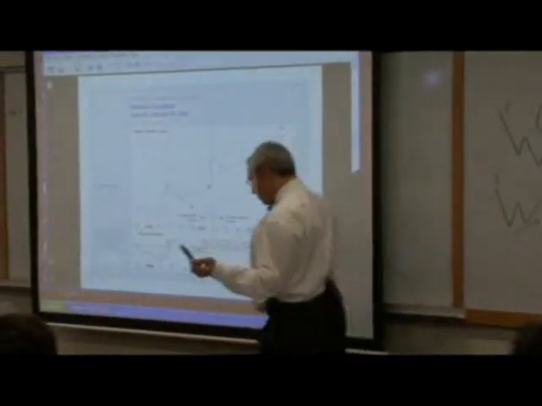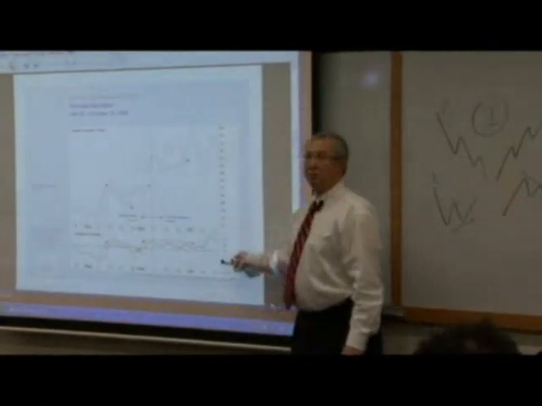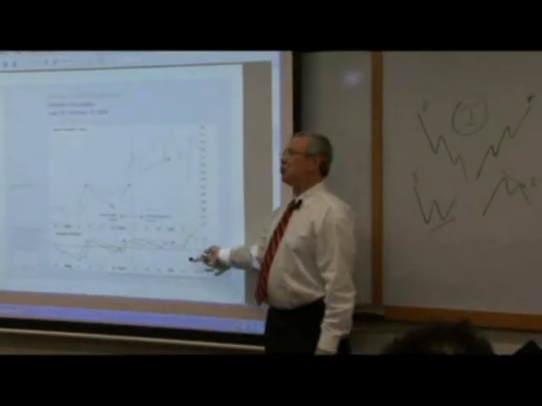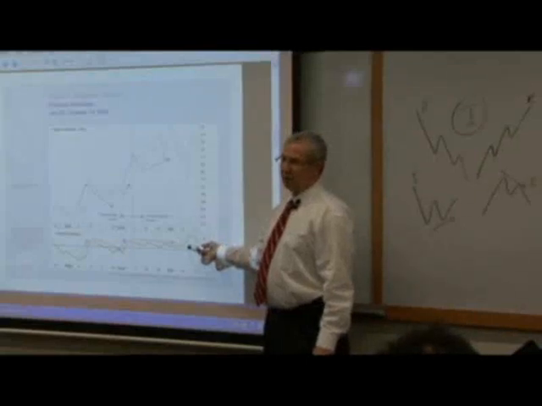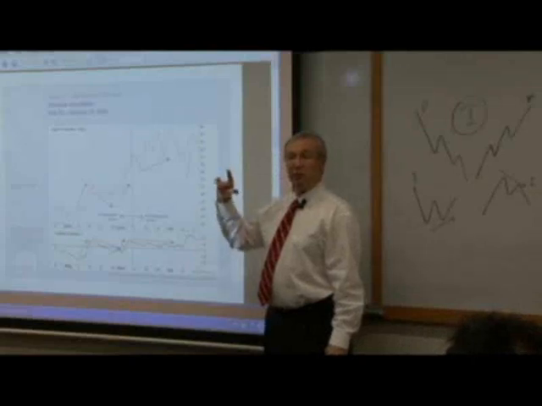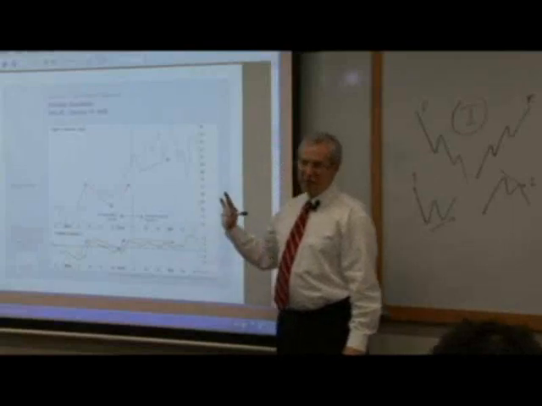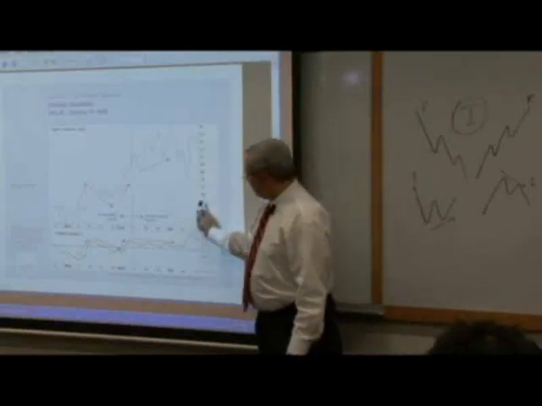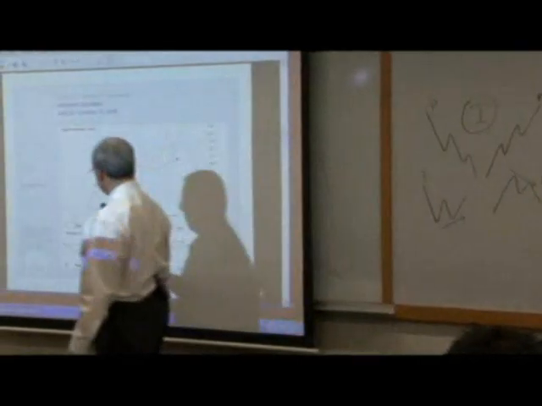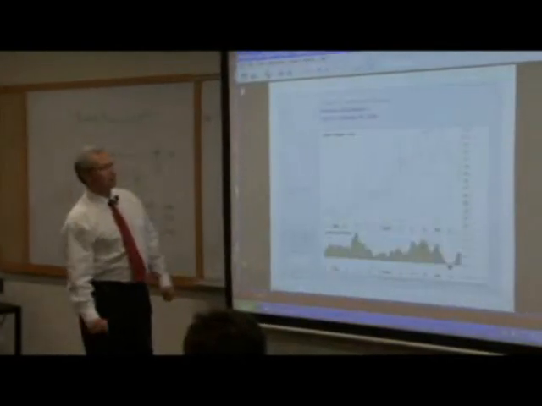A different version called the volume oscillator. It's set to fluctuate back and forth around a zero line. So most oscillators constructed like this are open-ended. Okay, and we'll look at some tonight that are fixed to stay in a range between 0 and 100, so we know what high and low are. On here, we only know high and low with hindsight, but we can also look for breakouts and divergences. Okay, but it's set to oscillate around the zero line.